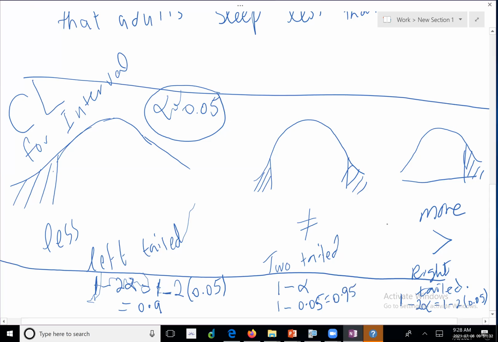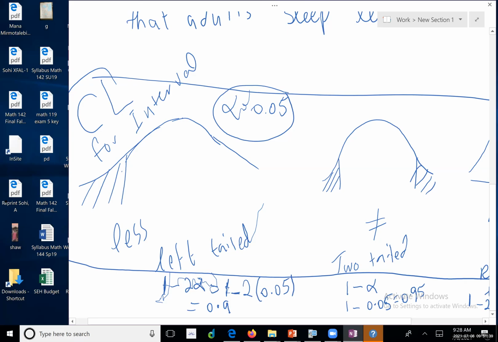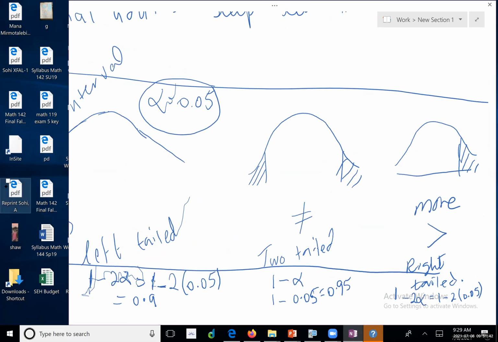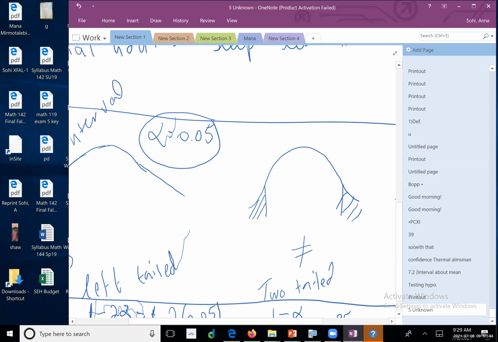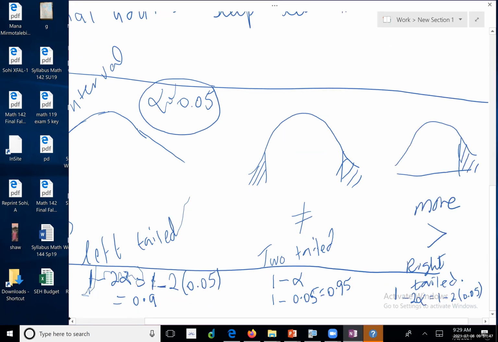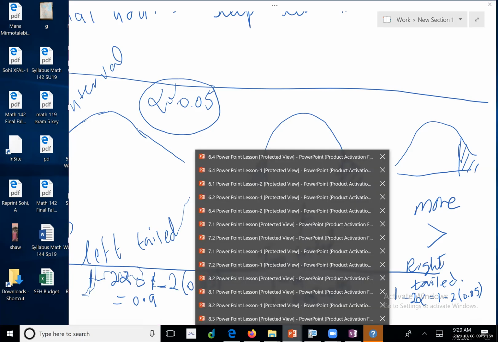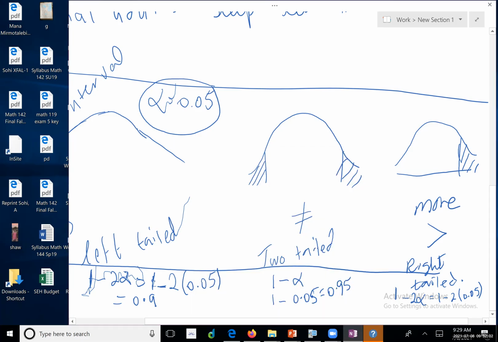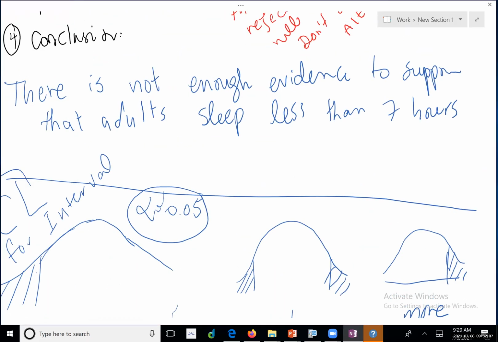So depending on whether it's one tail or two tail, the corresponding confidence level is 1 minus 2 alpha, or 1 minus alpha. So in this next example, if I was asking you to find the confidence interval for